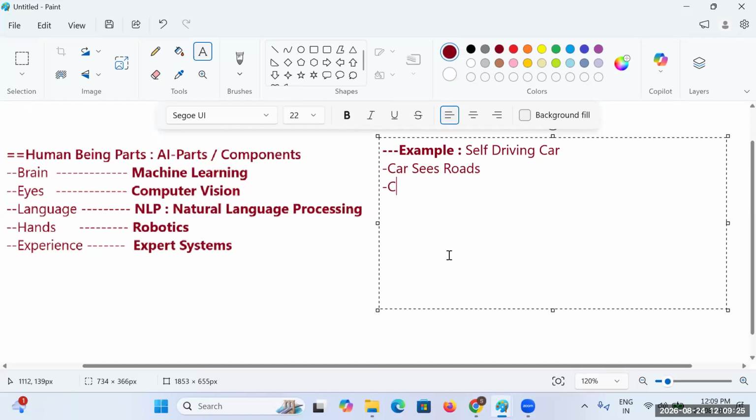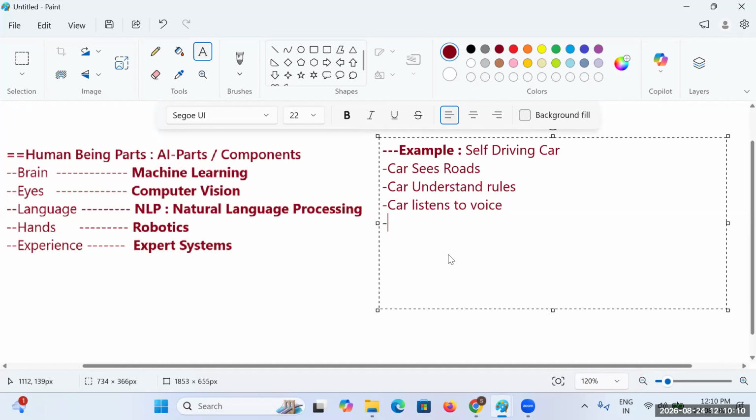And then the car needs to understand the rules.